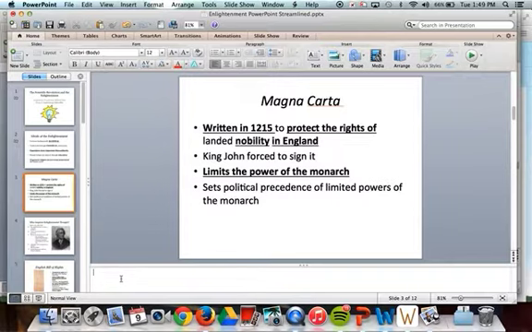You can't just decide unilaterally or on your own. So it's a political document that sets the precedent or the tradition that a monarch has limited powers and that a legislative body, or a body of people, can make decisions for themselves. I would argue that the Magna Carta is one of these really seminal English documents that paves the way